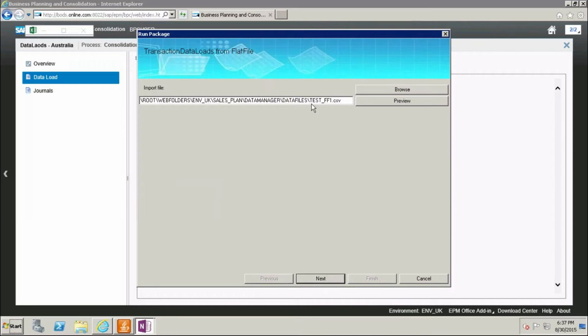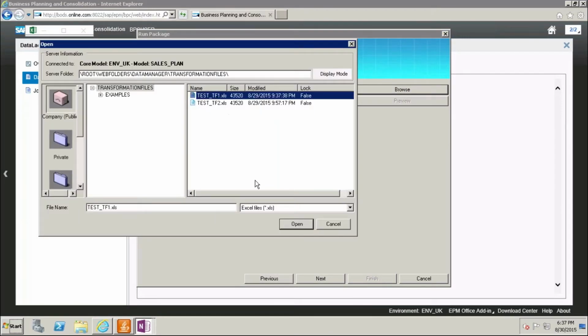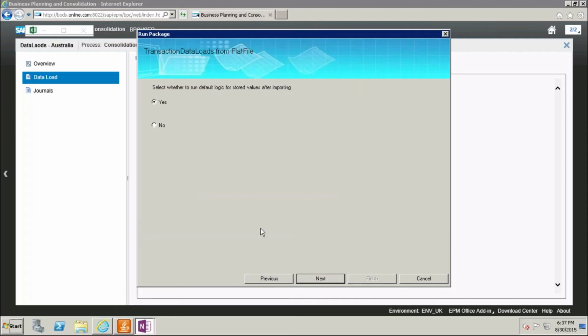Previous, test ff1, browse, next, transformation file test ff1. Next, here is run default logic. I did not explain the script logic as of now, so currently I'll keep that as no.